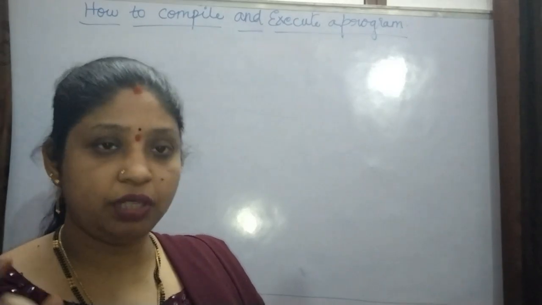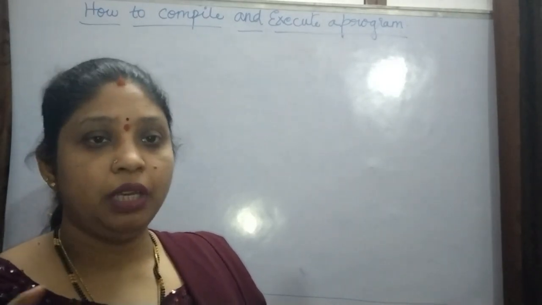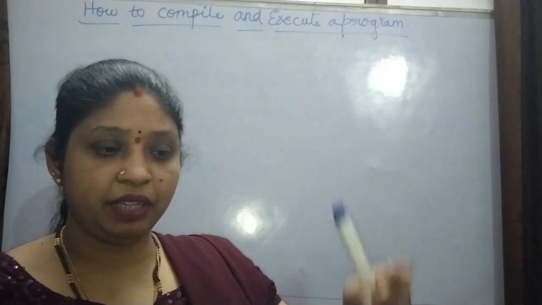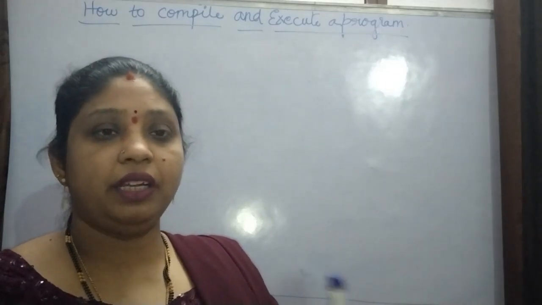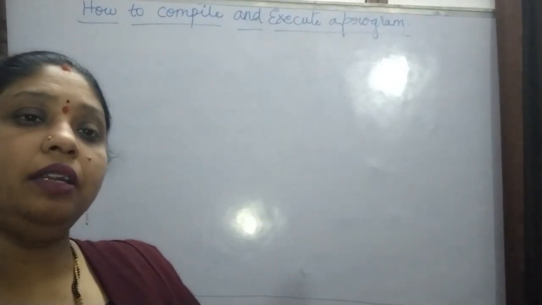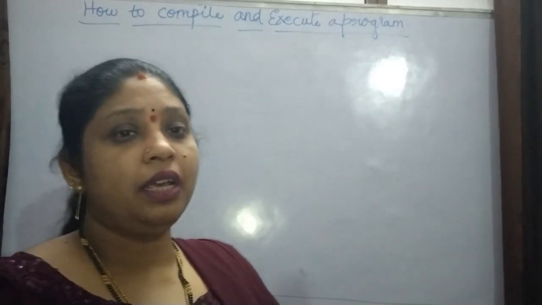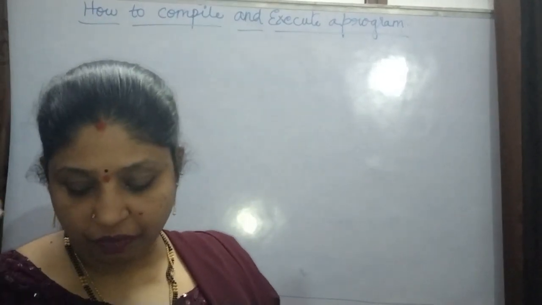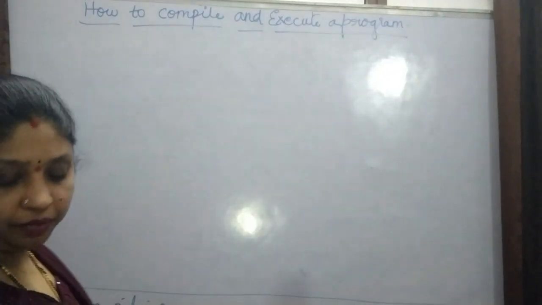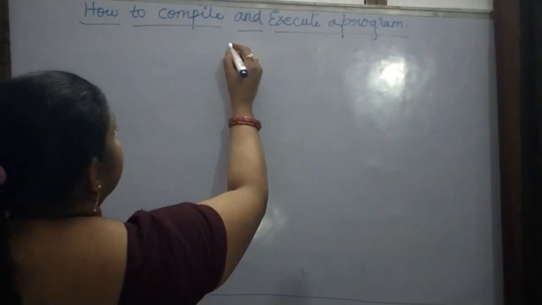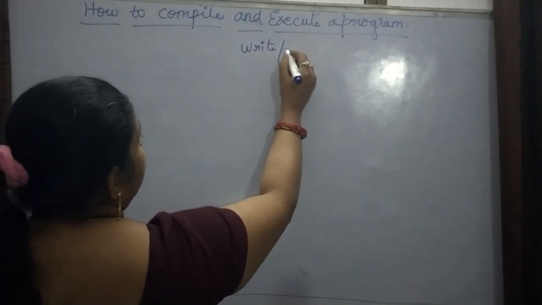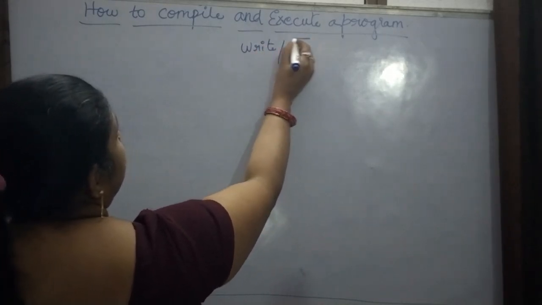Now what you have to do is first install Turbo C software into your system, and then you will have a graphical interface. In that graphical interface, a menu bar will be there. In that, go to the file option and select new and write the program in that. When you write the program, you will be writing in the high level language. Now think that you have written a program.